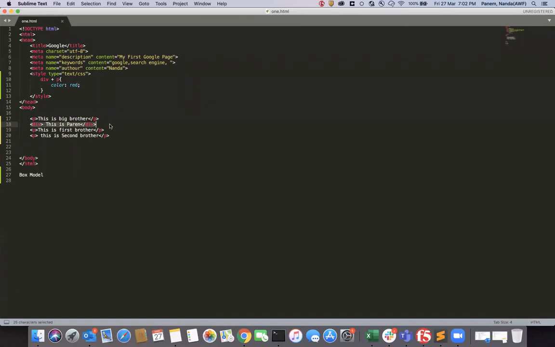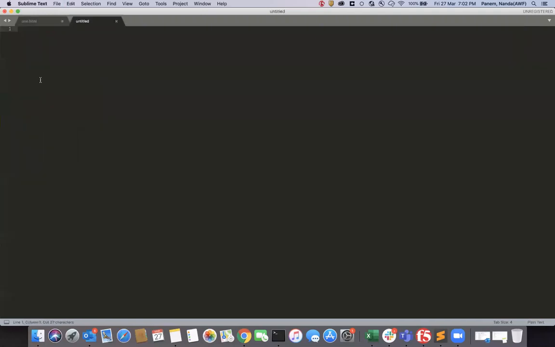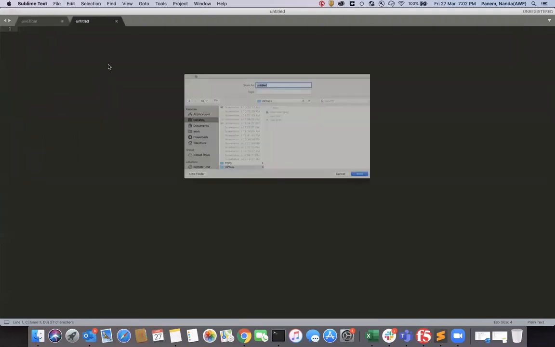And what is the final one? That is an external style sheet. There is no difference between inline, in-page, and external style sheets. The difference is that instead of writing all the styles here, we copy the styles and write them in one more file.